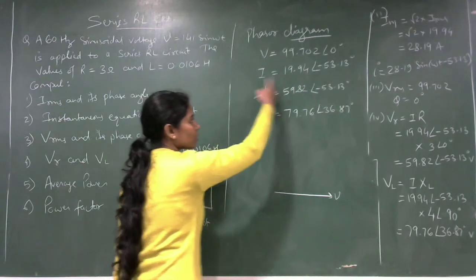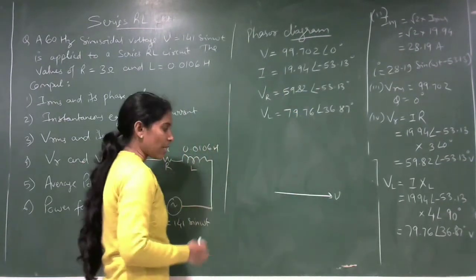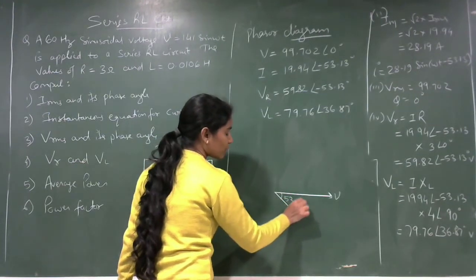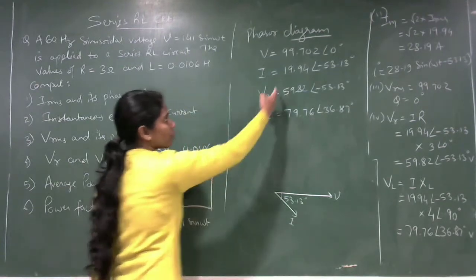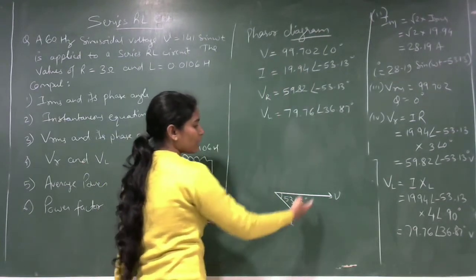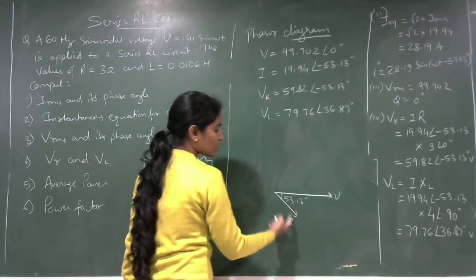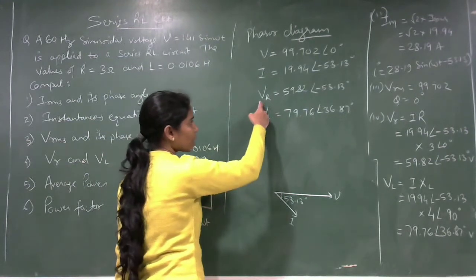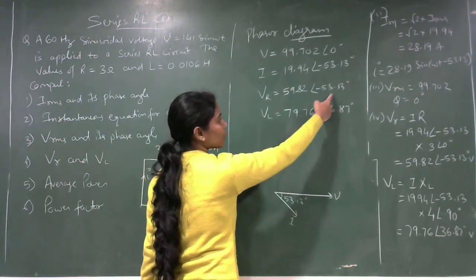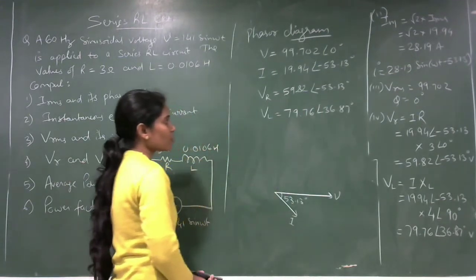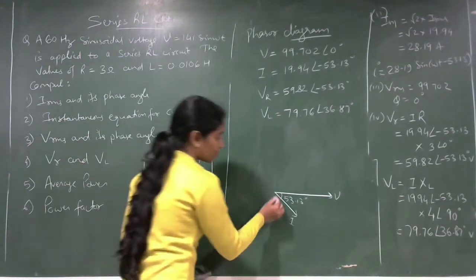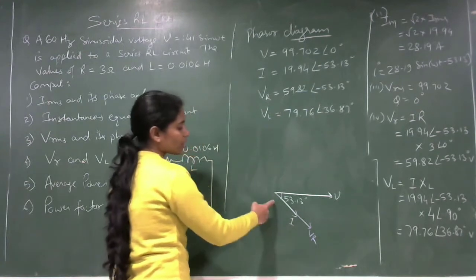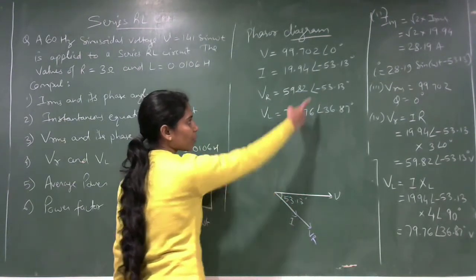Now what is current? See, current is at minus 53 degree, meaning it is lagging. Suppose this is the value of current. This angle is 53.13 degree. Okay, and here the magnitude is 19.95, which is less than the 99.702 of the voltage term. So I am just reducing the arrow length here for the current term. Now what is VR? VR is at minus 53.13 degree with this magnitude. Okay, so I can draw it like this. This is my VR. Okay, it is in the same phase as the current with an angle of 53.13 degree.